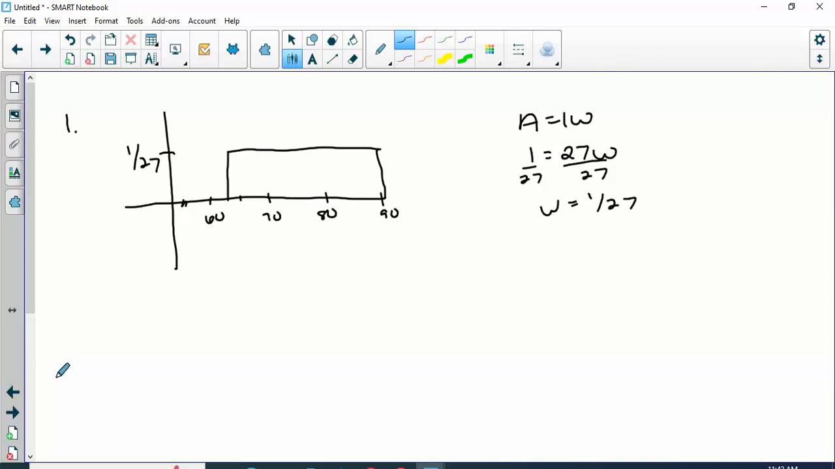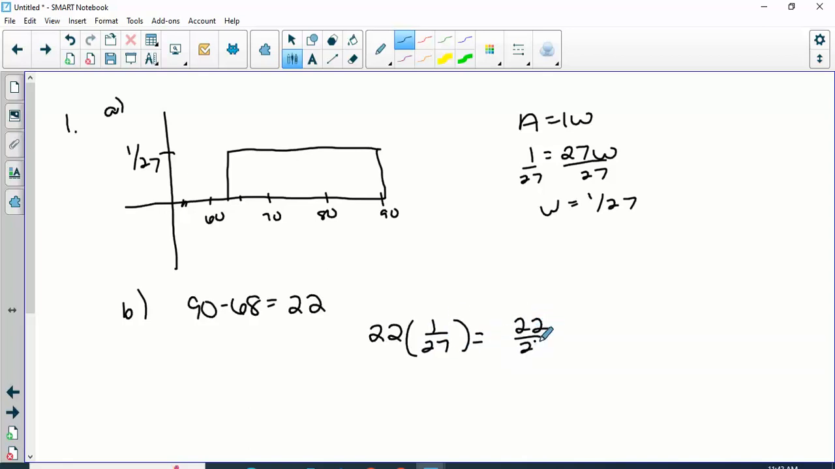So part B, I want the probability that a random day has a temperature exceeding 68. So exceeding 68 is starting at 68 and going all the way to 90. So if you do 90 minus 68, you get 22. Area of a rectangle is length times width. So the length is 22, the width or the height is 1 over 27. You get 22 over 27